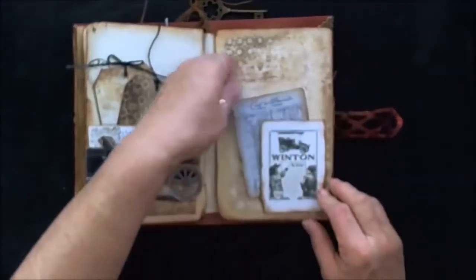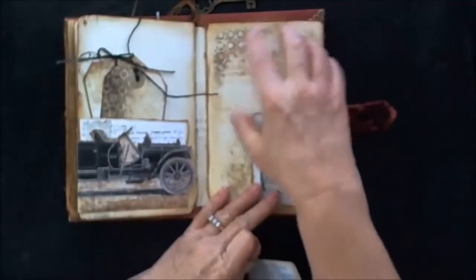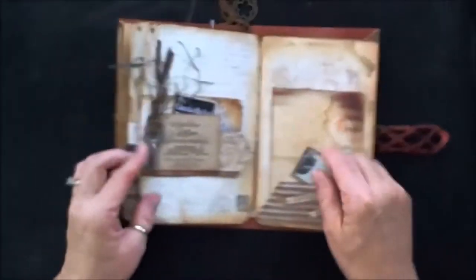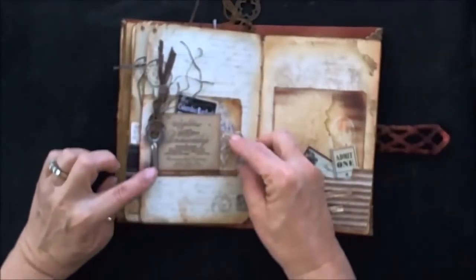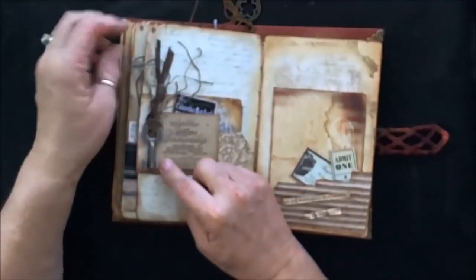Here's a couple more pieces from the collection that form another pocket here. There's also a large spot for a photo or journaling. Here is a flip out. So you can put a picture here. You can journal about it here. I added, I think this is a Tim Holtz Journey Key with some of the,